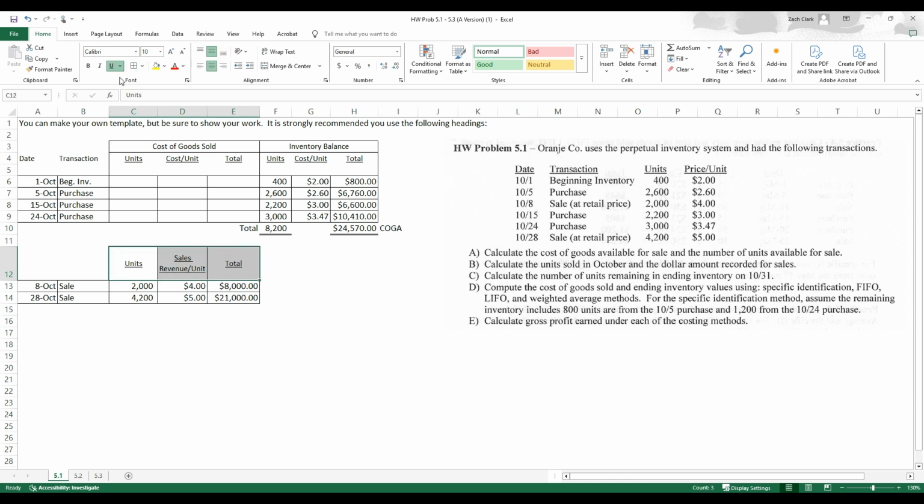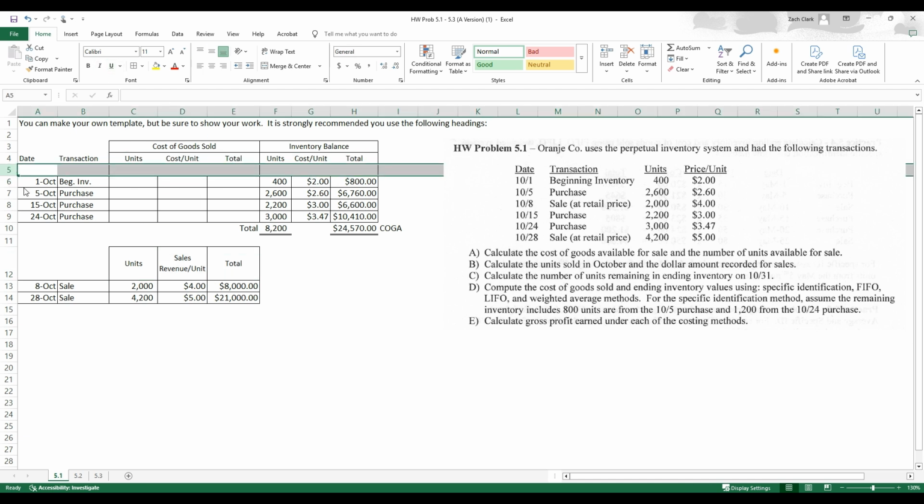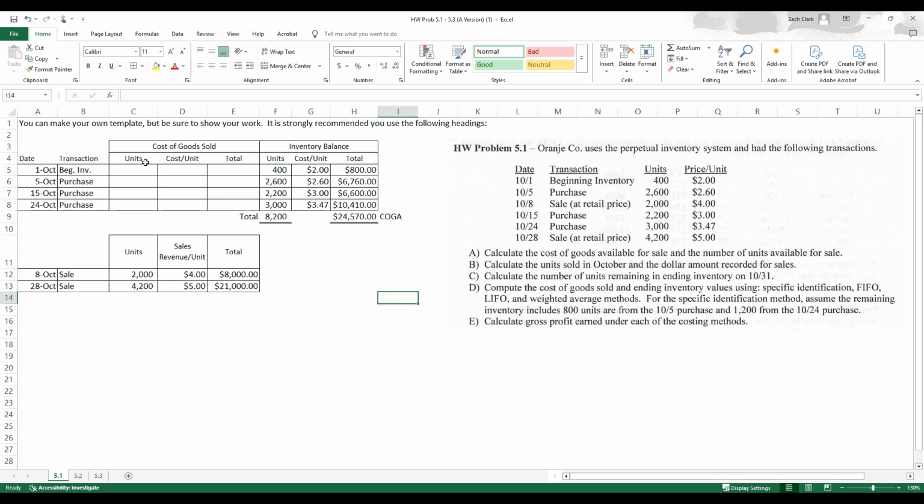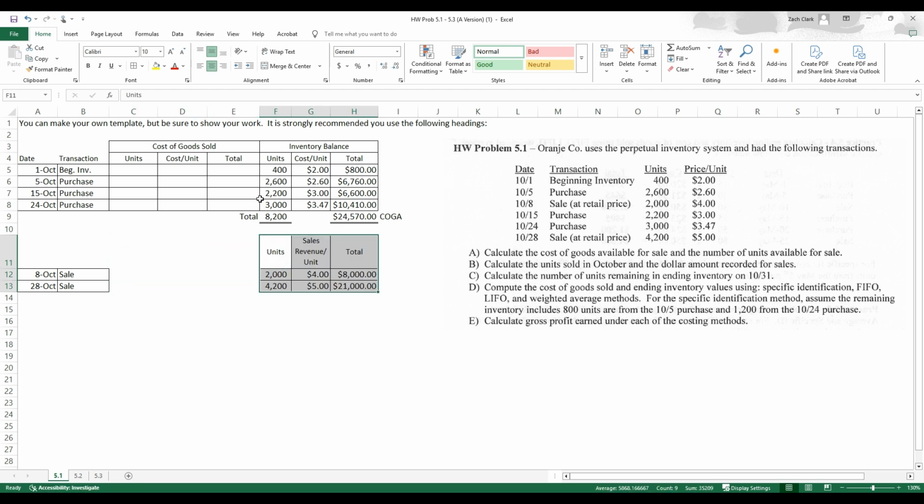Sales revenue per unit. I'm going to take off our underlines here. This is just kind of me doing some Excel cleanup work there, but this is more kind of what I want to show it as. I'm going to actually copy it. I'm going to paste that over here. And while we're at it, I'm just going to paste these over here. So with our specific identification method, we want to be able to see